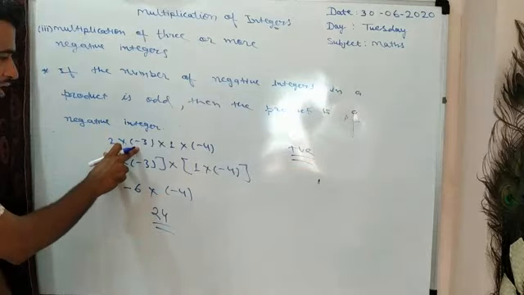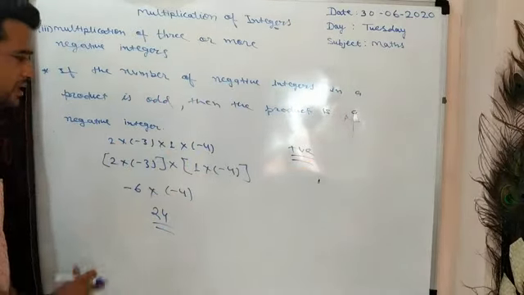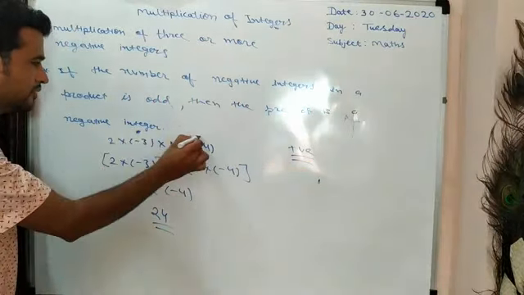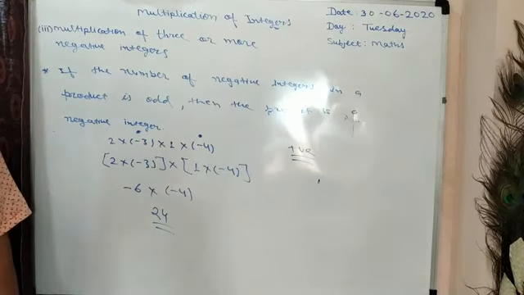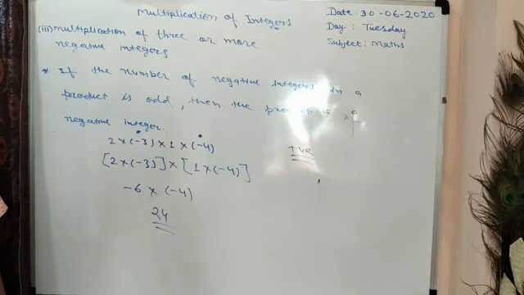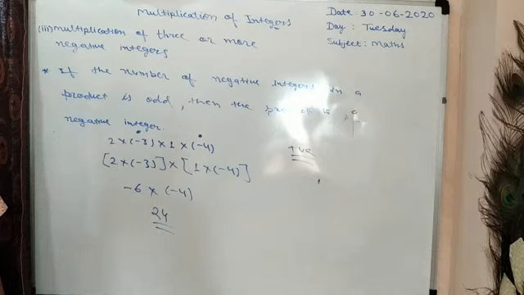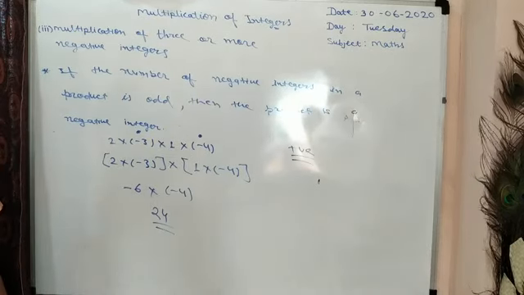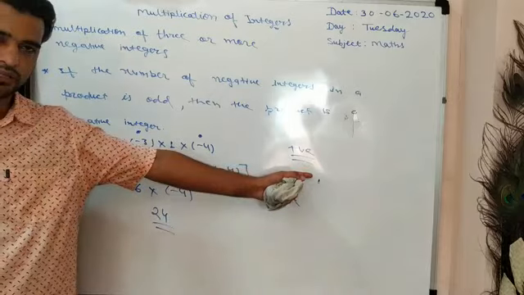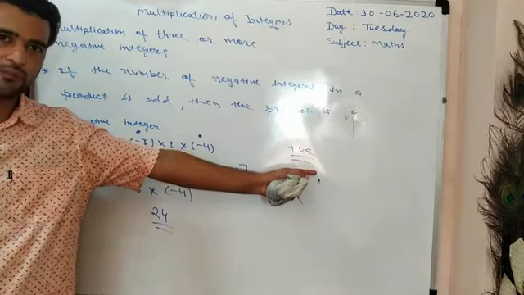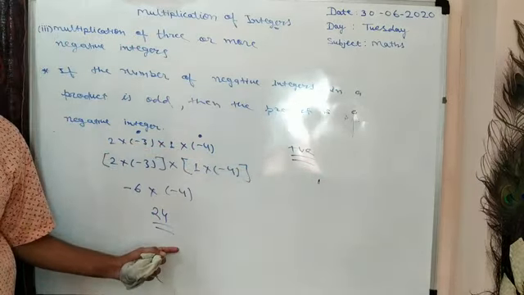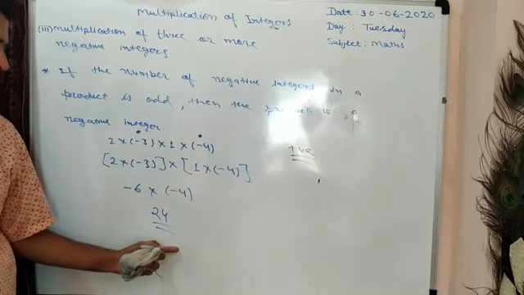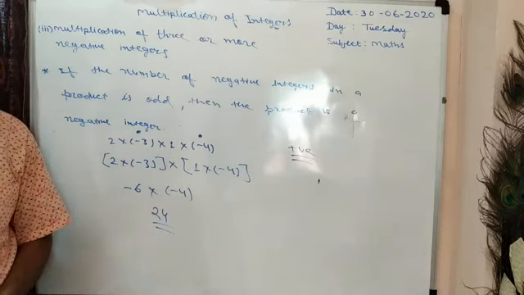As we solved this example, we got plus 24, a positive integer. Directly we can say the sign of the result will be positive or negative. Here we have minus, and here we have minus. It means we have these two negative integers, an even number of negative integers. Then the sign of the product should be positive. And here we can check our answer: 24 is a positive integer.